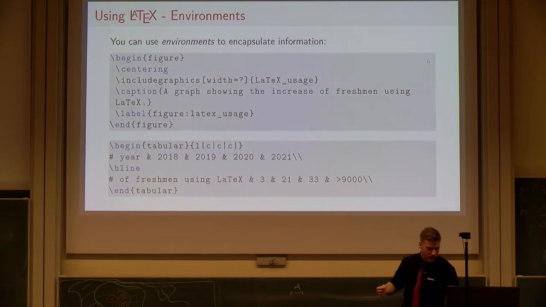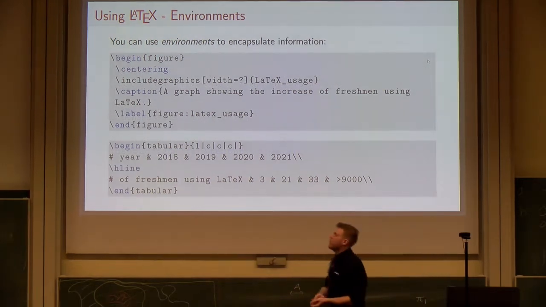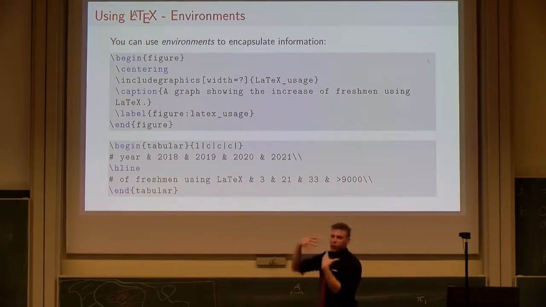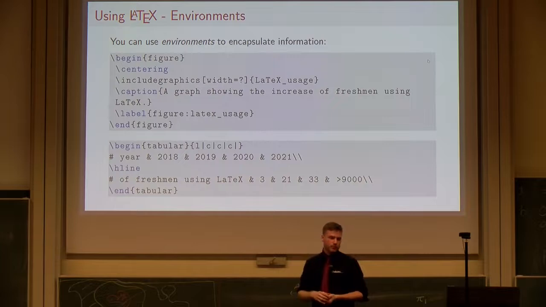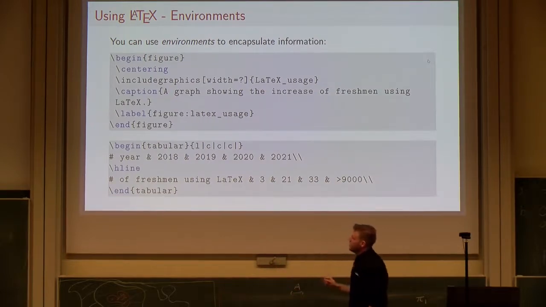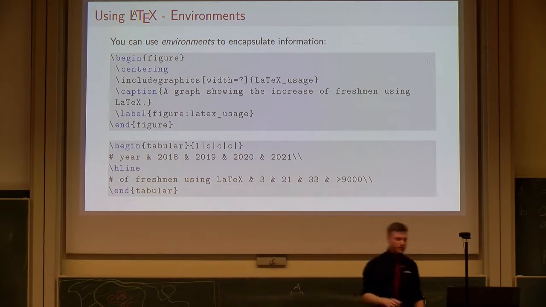You also have something else, and that are environments. They're more like the divs in HTML, where you basically create a certain environment where certain formatting rules, for instance, might apply. An example is this box where you see this text in. It's also an environment that creates a gray box, but a figure might also be in an environment, or a table might also be an environment.